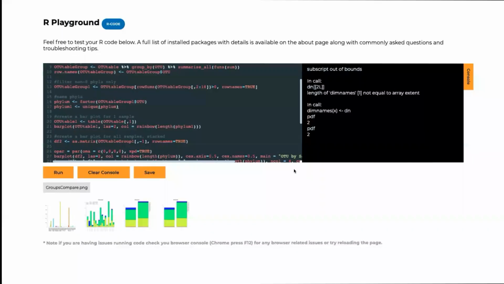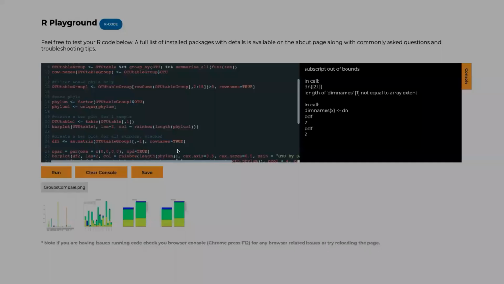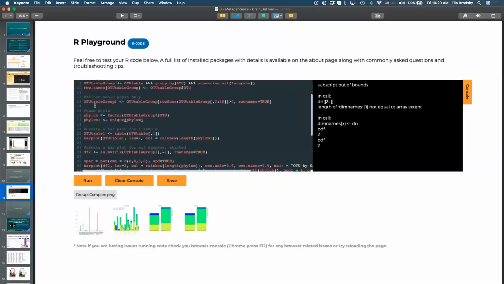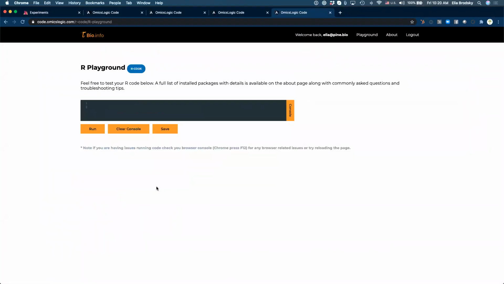So let's go to the playground, and we'll try to address some of these questions about how to do this without running into technical issues. So please go to our code place.